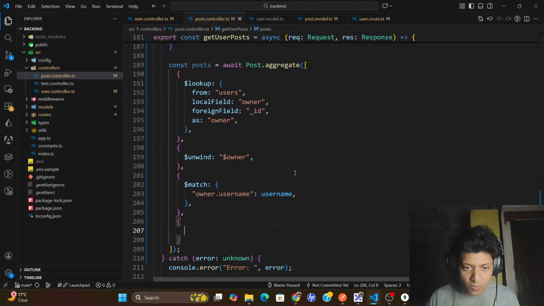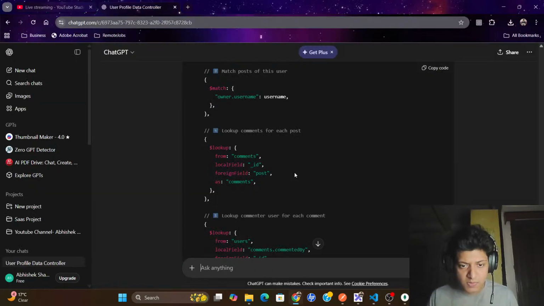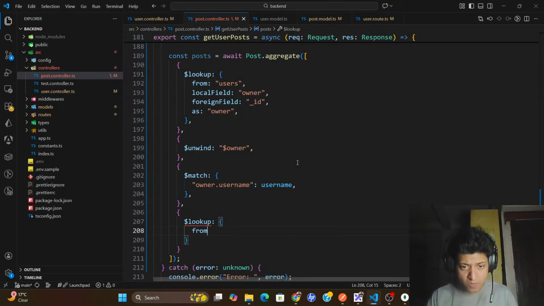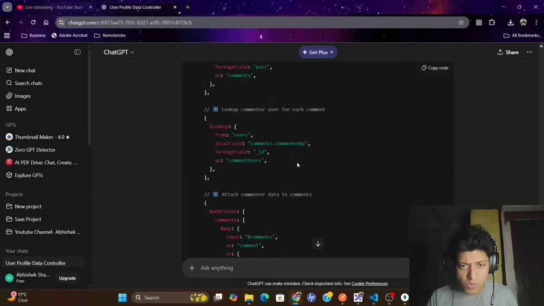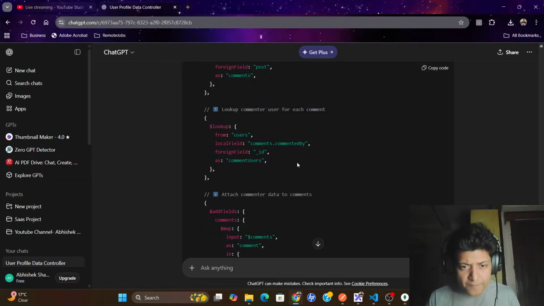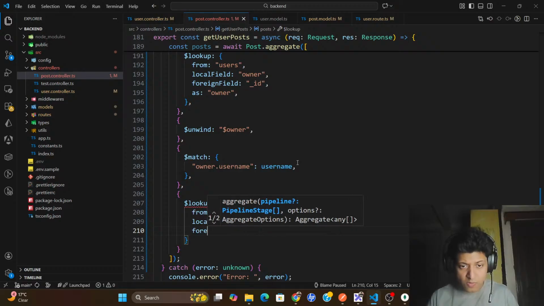Comments for each post. Now dollar comments, dollar lookup from users, local field comments dot commented by, foreign field